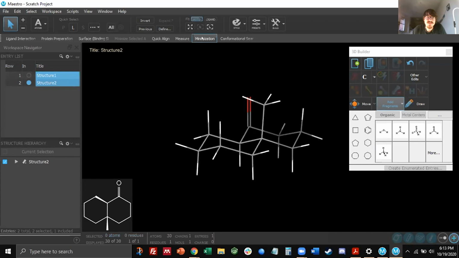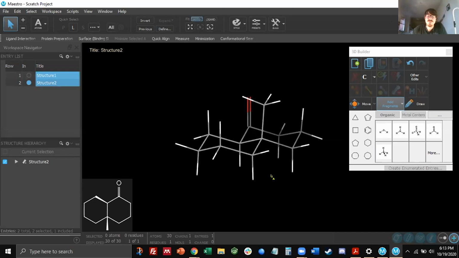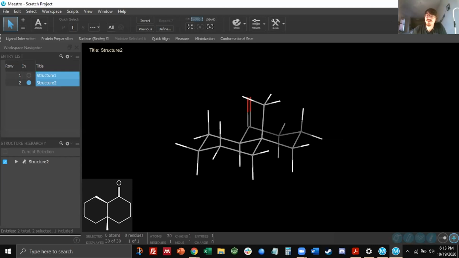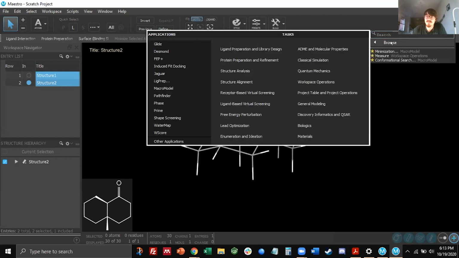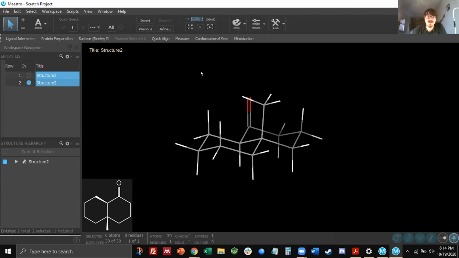I have minimize added to my taskbar because I've used it before, but the way to navigate it if you are using Maestro for the first time would be: MacroModel is a software package for the Maestro user interface. I'm going to close the builder. So tasks, browse. Here, an example of packages I do not have installed, but one that I do have installed is MacroModel. Now, if I click on MacroModel, there's a star next to minimization. And if I click the star, it puts it on my taskbar. And now if I open minimization,